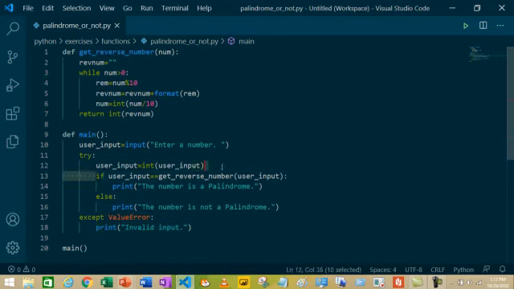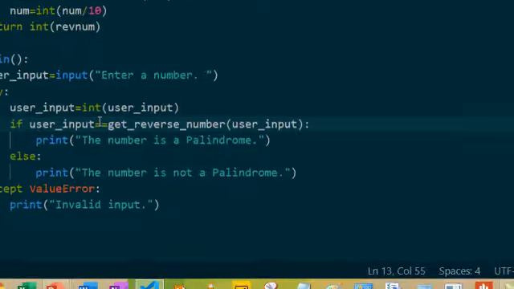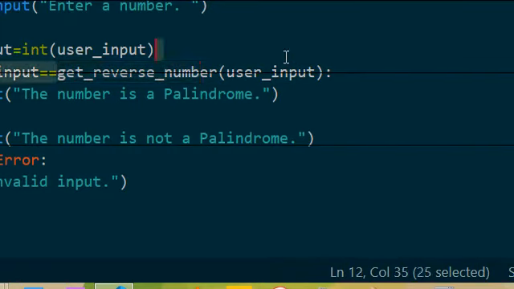For now, let's assume that the user did not enter a string. If user input equals get reverse number of user input. Now first we'll see what the get reverse number function is.